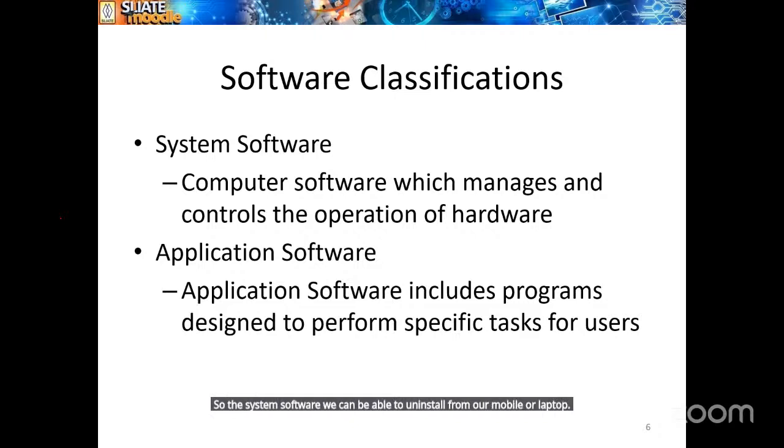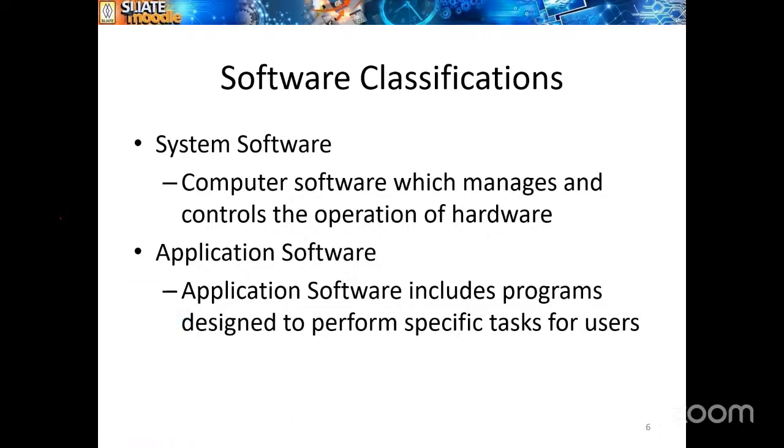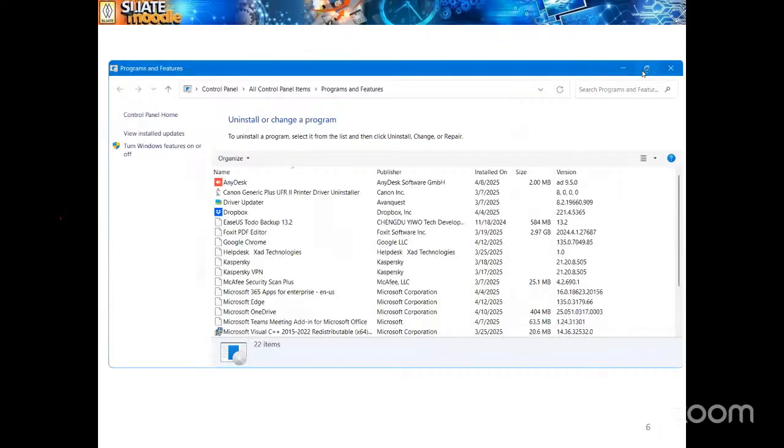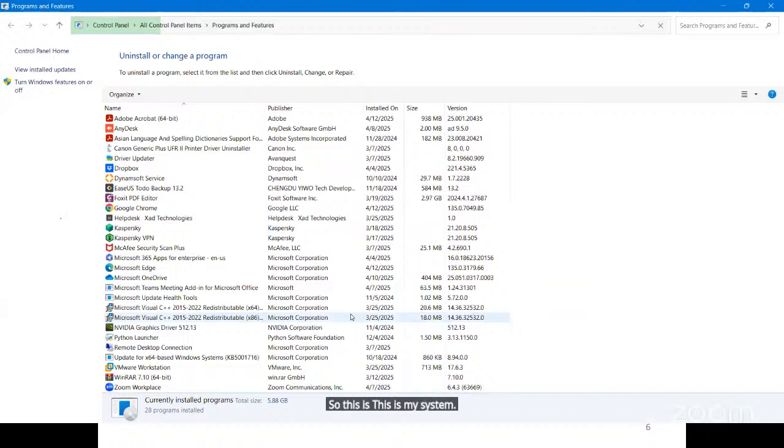I'll show an example for you guys. This is my system.